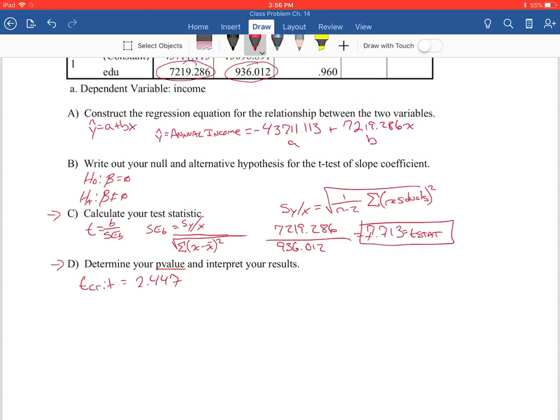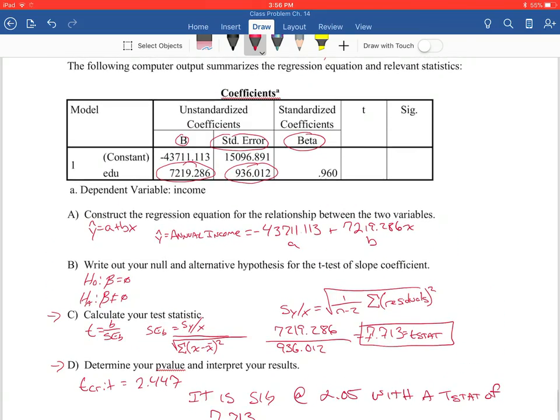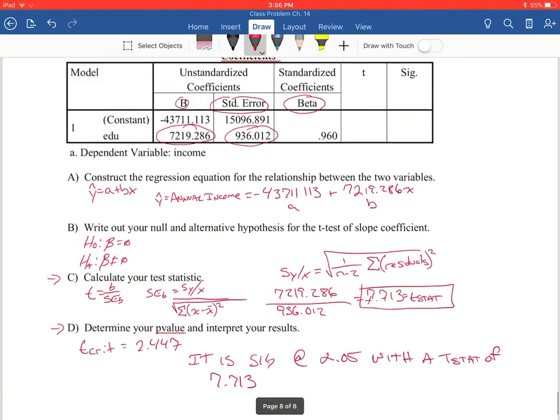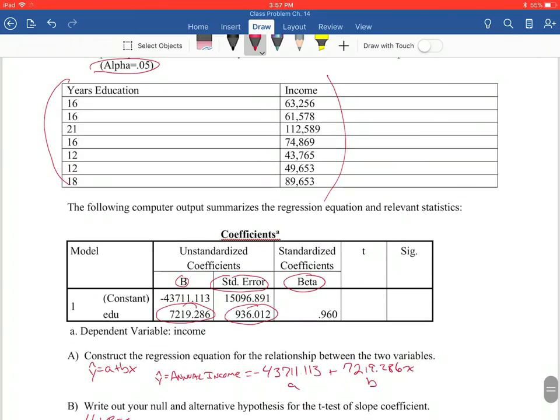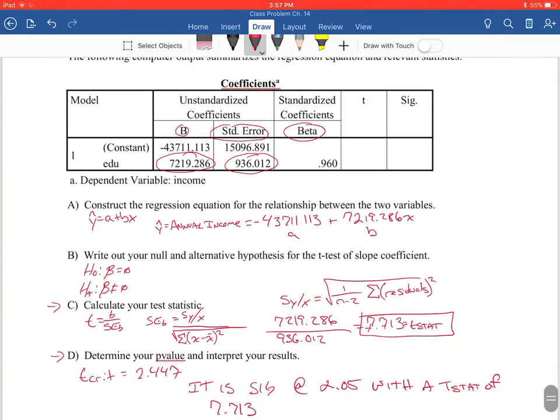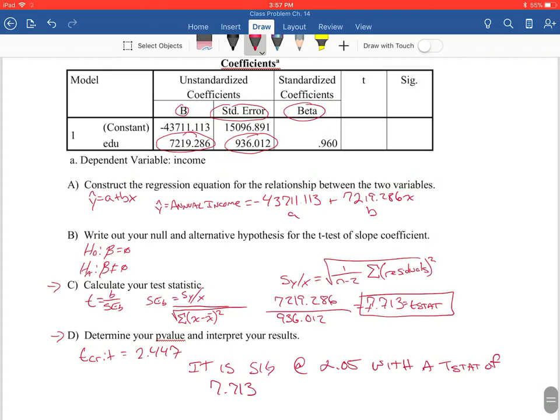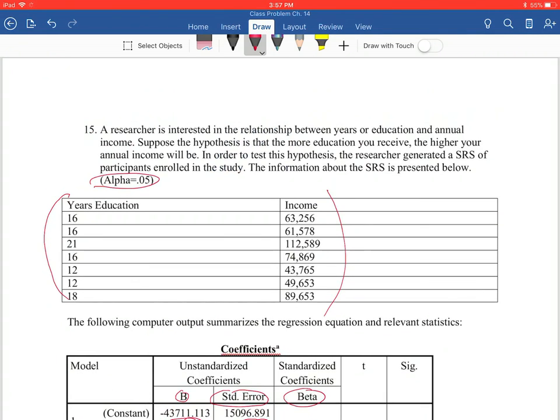If you look down even further, it's significant at a p-value of 0.001. Okay, so we would say it is significant at alpha 0.05 with a t-stat of 7.713. All right, so number 15 is a little bit more understanding the table and putting it out, but totally doable with the model here, and totally doable by hand too. Just it would take a little longer, and that's going to conclude